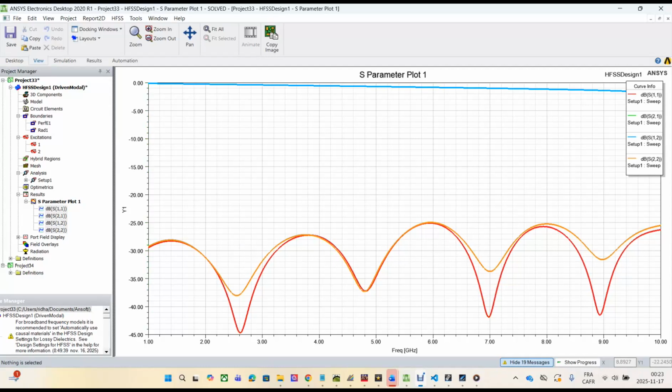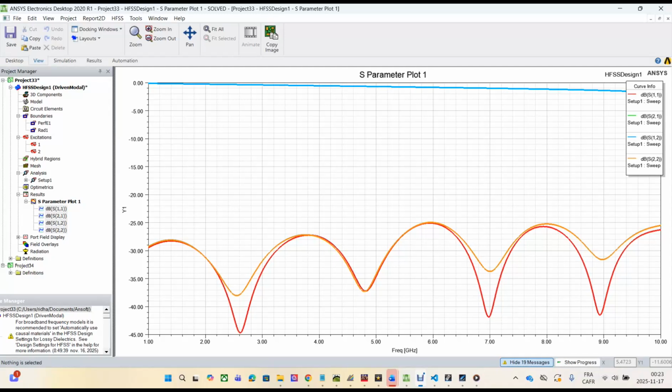This means that the microstrip line is very well matched at both ports, with almost no reflections. In other words, the input and output impedances are very close to 50 ohms. We also see that S21 and S12 are approximately 0 dB. This indicates that the signal is transmitted almost entirely from one port to the other with negligible loss. A 0 dB transmission level means that the line behaves nearly like an ideal, lossless transmission line.